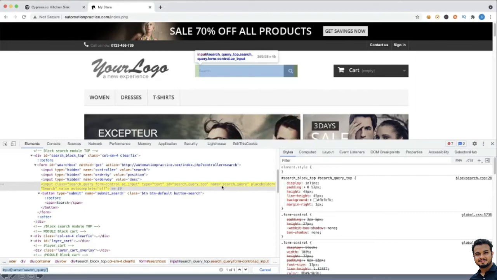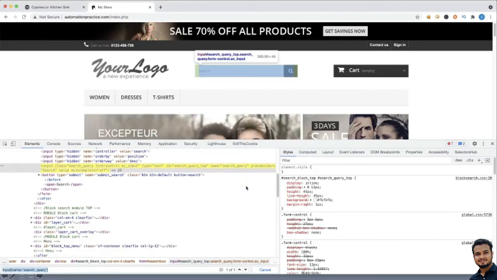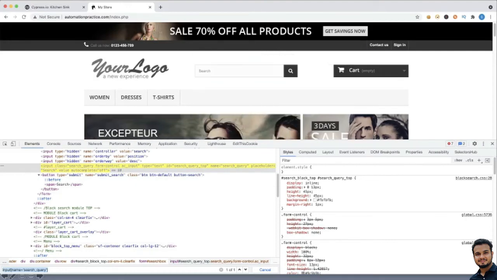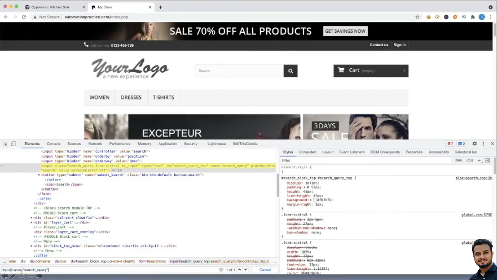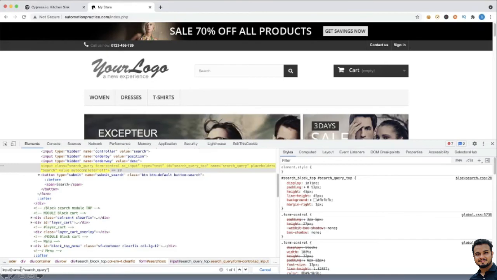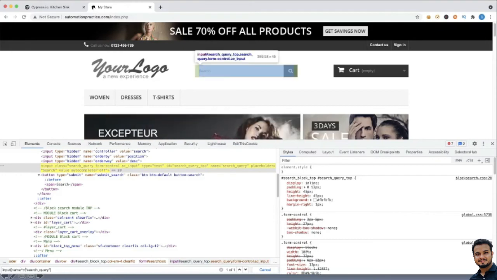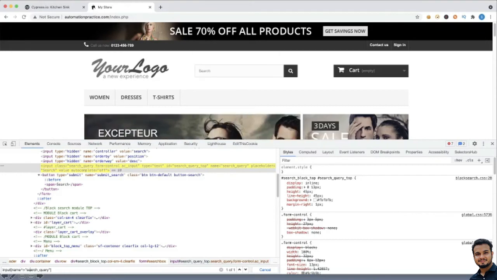For example, it is a long text and you don't know the whole thing, and you want whatever starts with search to work. Earlier we used input name equal to search query. If you want to use the prefix, you can just write this symbol, name equal to, and it should start with